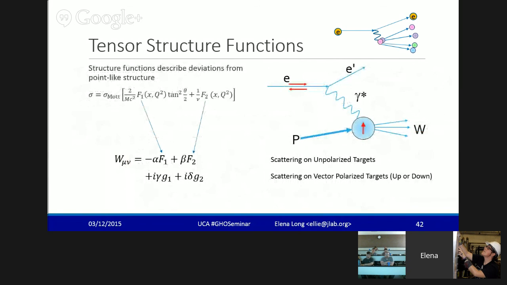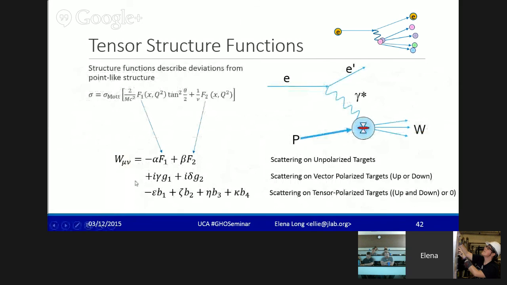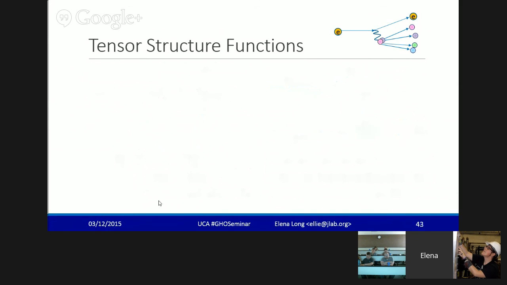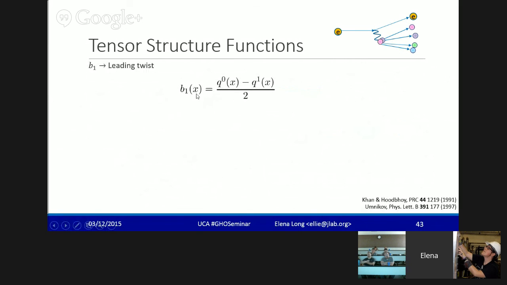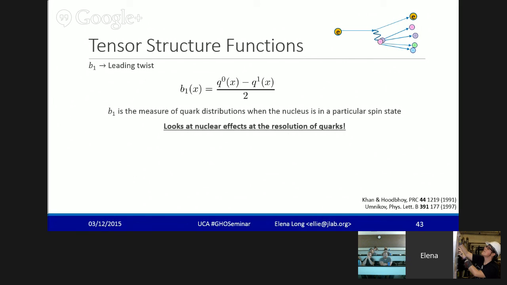So when we do this, we put in an electron scattering, and then suddenly we go back to these structure functions. We get four more structure functions that come out of this. I just want to briefly go through what's interesting about this. The first one is B1. And again, structure functions tell us information about what the quarks are doing. But what's interesting about B1 is that it's dependent on the polarization of the entire nucleus. So we're really being able, for the first time, to look at nuclear effects at the resolutions of quarks,